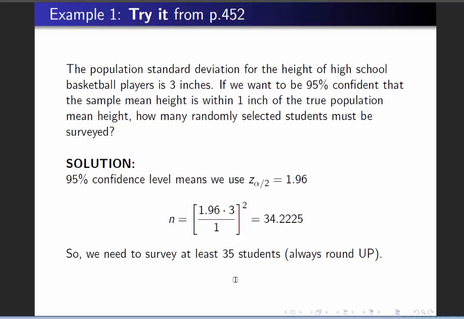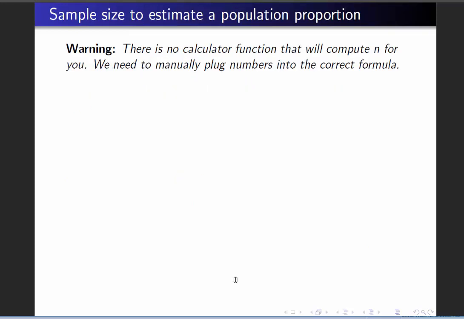Now, what if we're dealing with a different type of data? So this is how you would be solving problems if you have quantitative data, right? You have a mean. Now, what if we're talking about categorical data? So we're dealing with population proportion. So still, no calculator function that will do these computations for us. We still need to manually plug the numbers into the correct